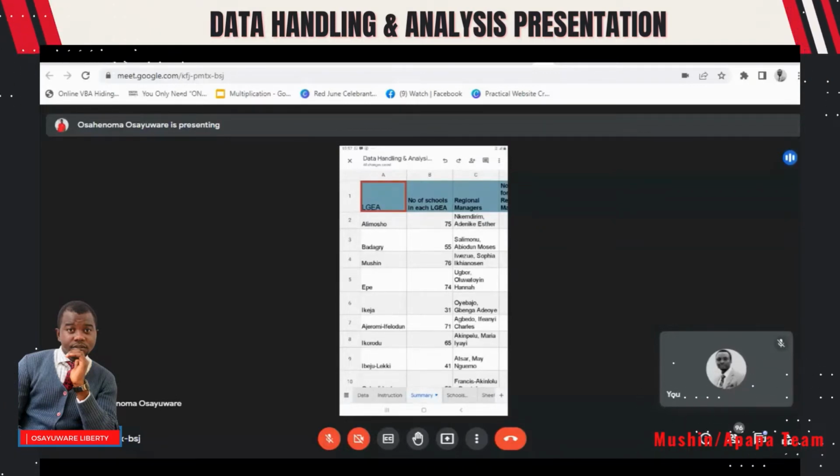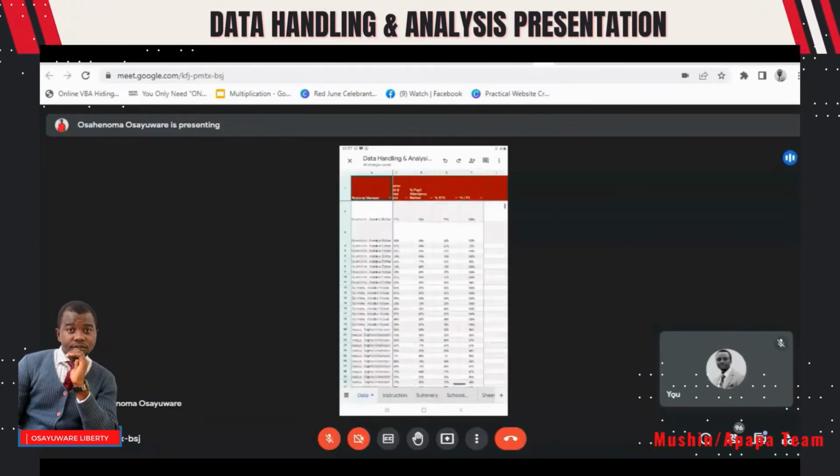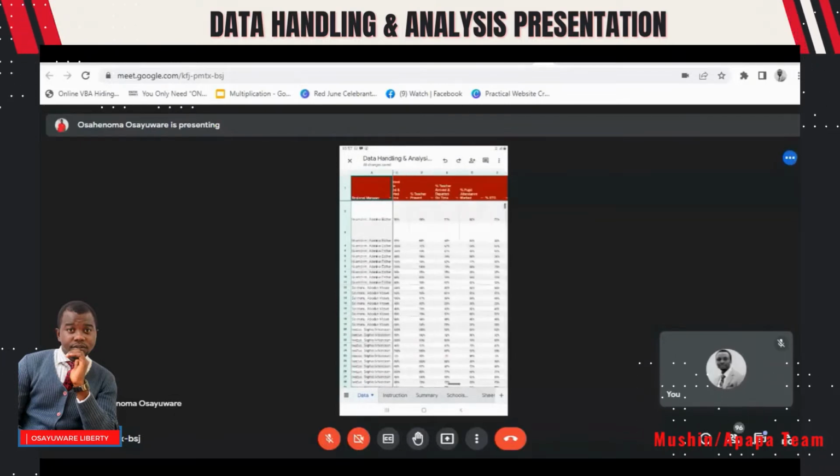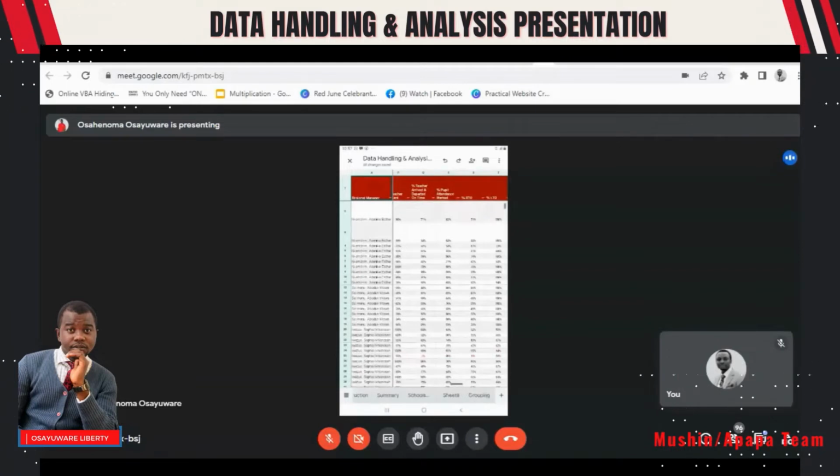You can see, for example, for Mushin schools and Apapa schools, to be precise, that though most of our teachers don't stay in their various locations, in terms of teacher arrival and departure on time,